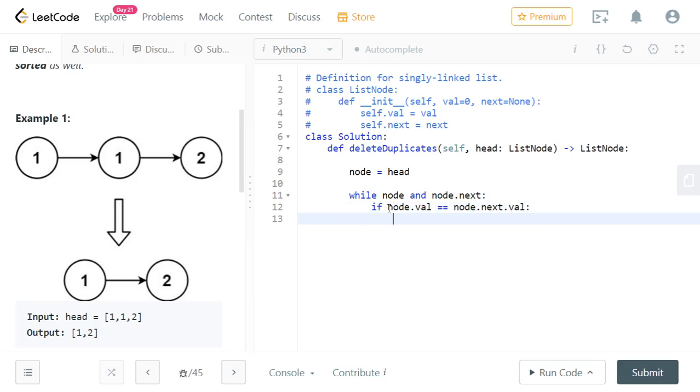Since we are iterating, let's assume we are at the first node.